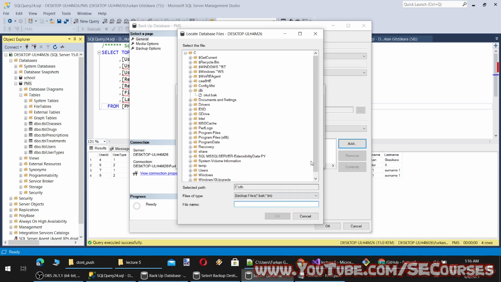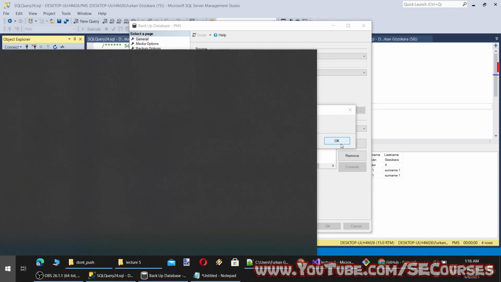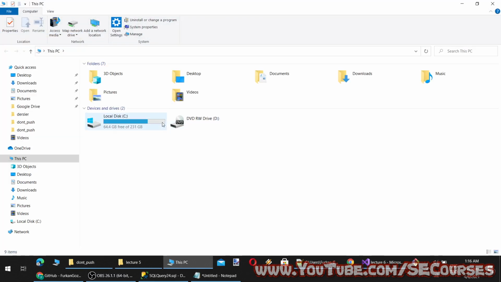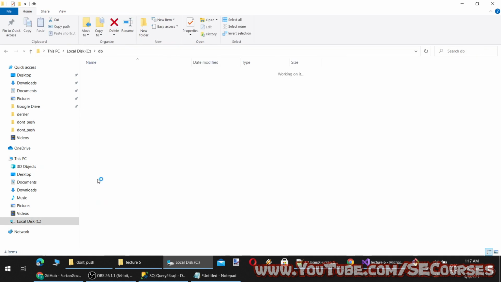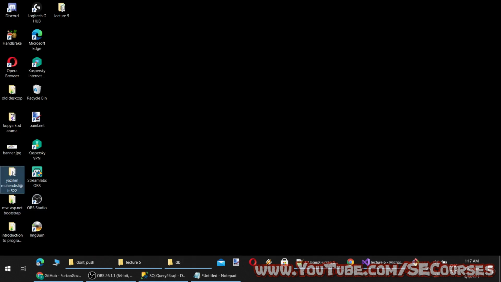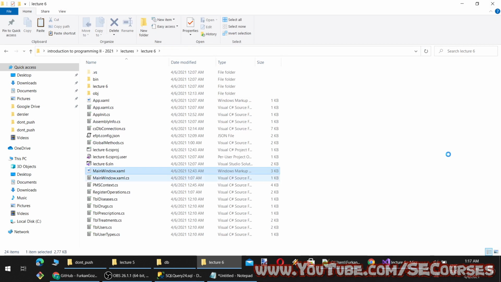So I will put it inside as PMS dot backup. You can restore it, of course, if you have the latest version, as I have. The version has to be the latest or a newer version. Okay, I will put this inside our introduction problem, lecture 6 here.